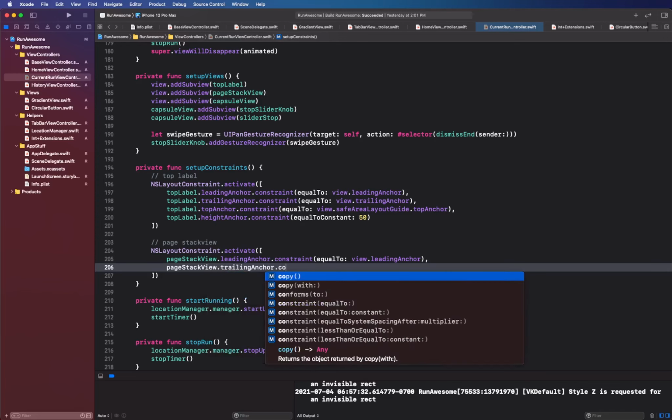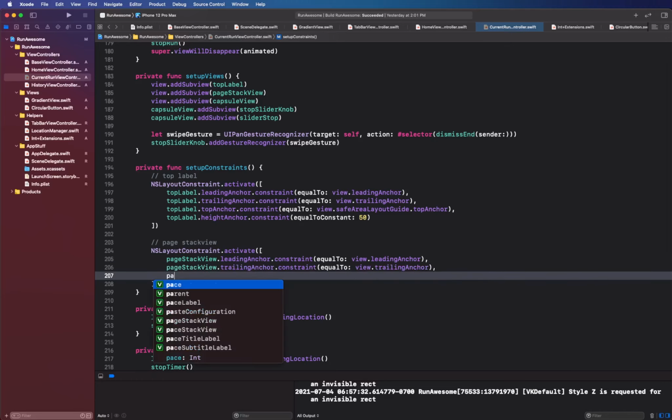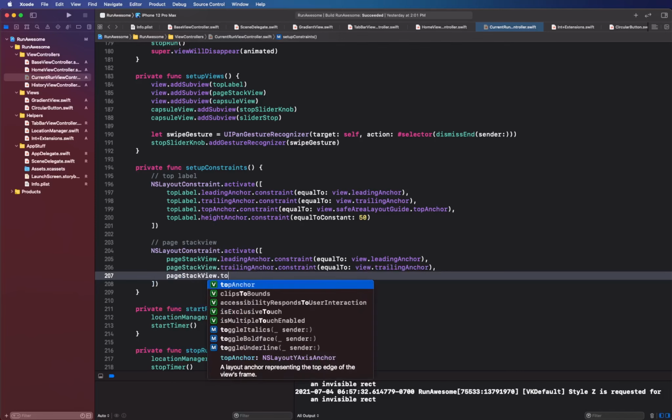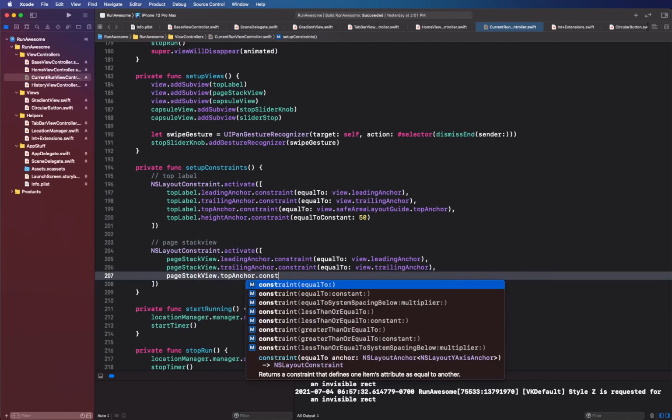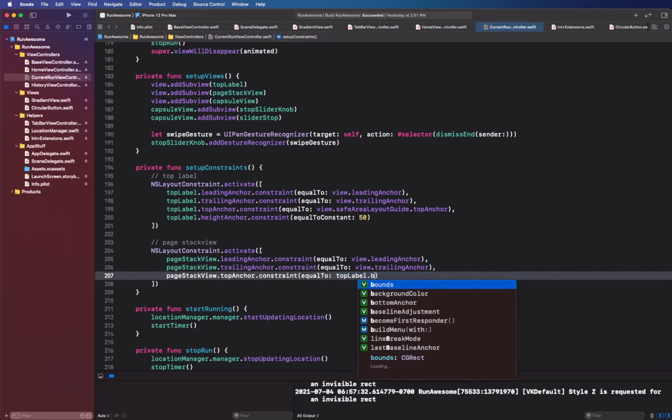Trailing anchor is going to be constrained to view.trailingAnchor. And for the top anchor, we're going to constrain this to topLabel.bottomAnchor